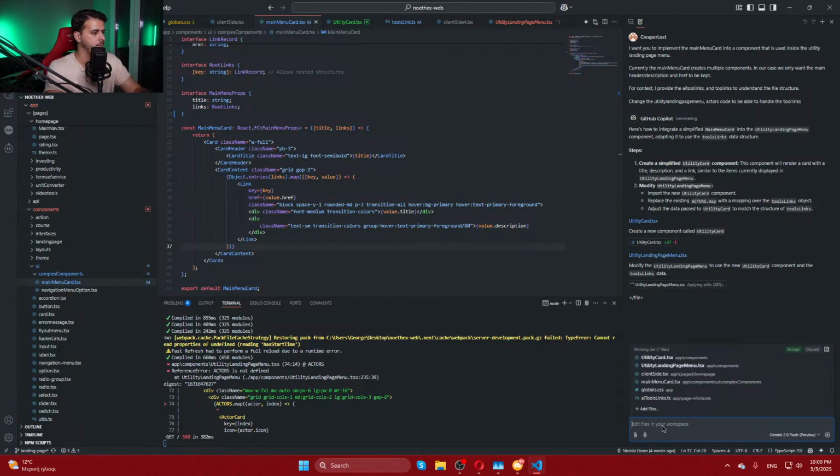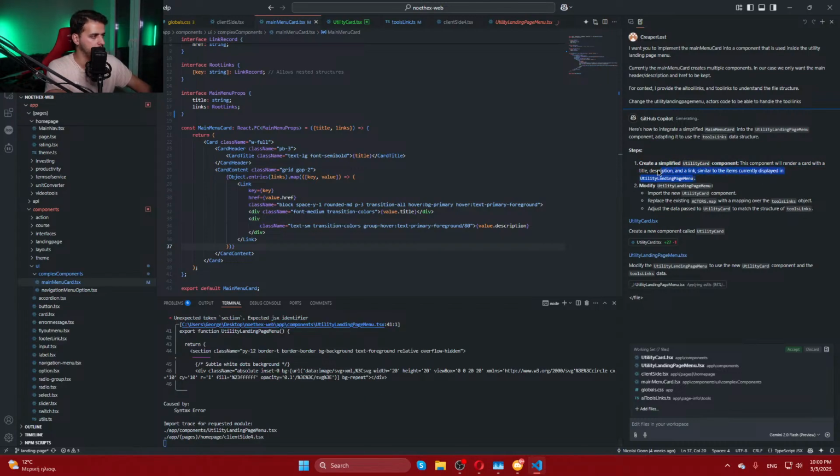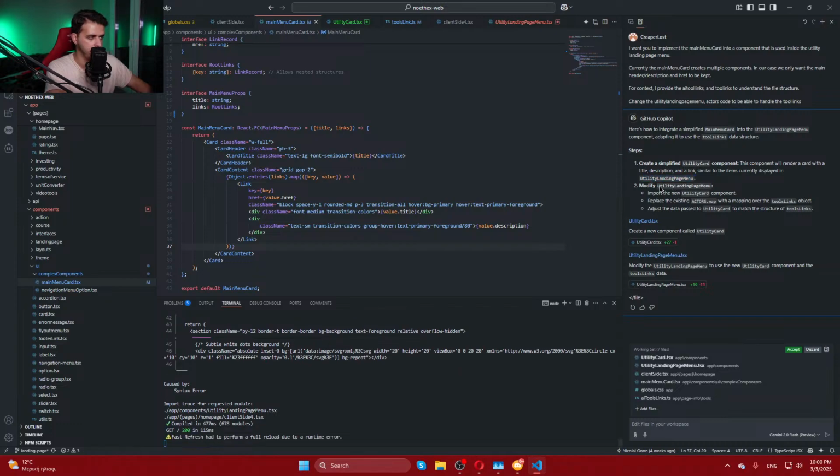The first thing, we want to see exactly what the prompt says to understand the output. It says create a simplified utility card component. This component will render the card with title, description, and a link, similar to the items displayed in utility landing page menu. And then we want to import and use this utility card and also replace the actors map